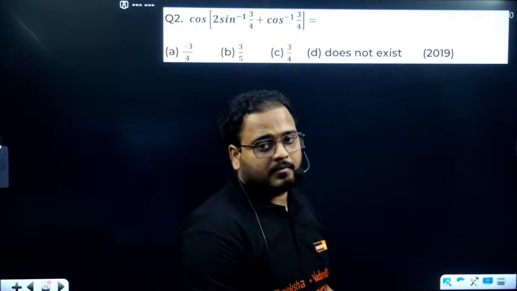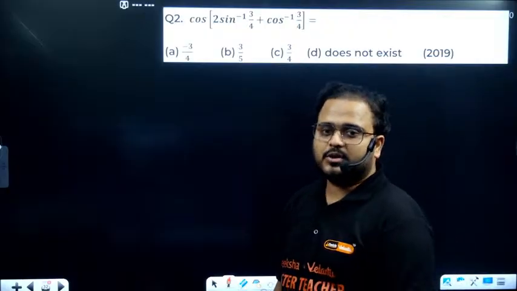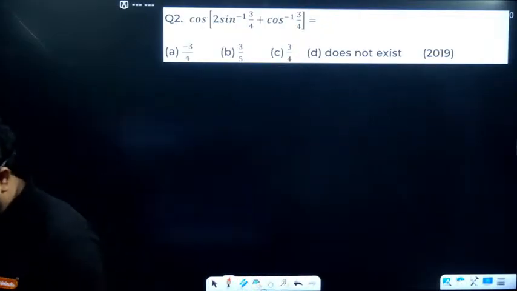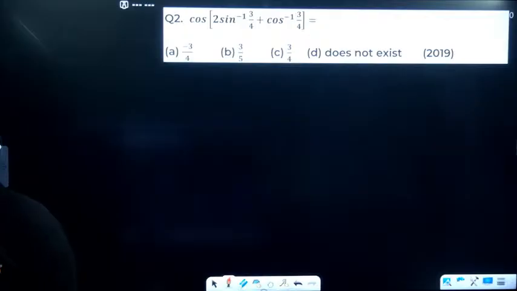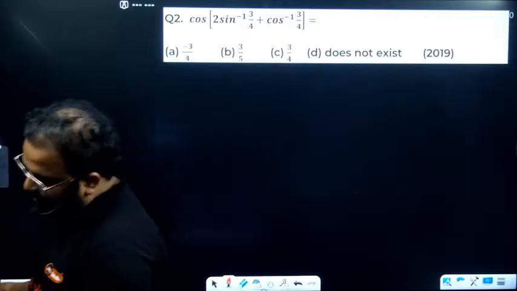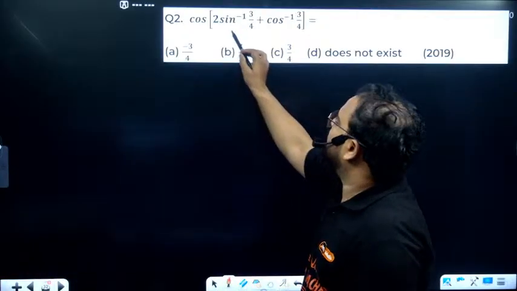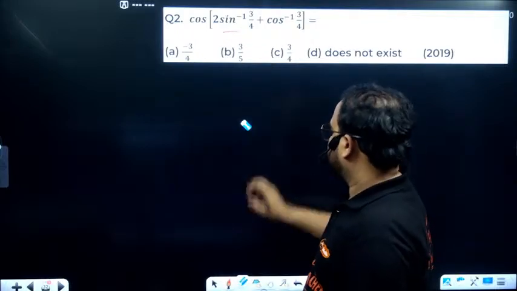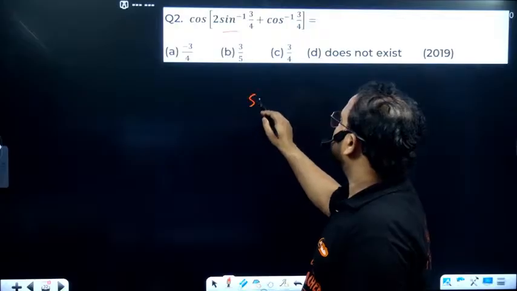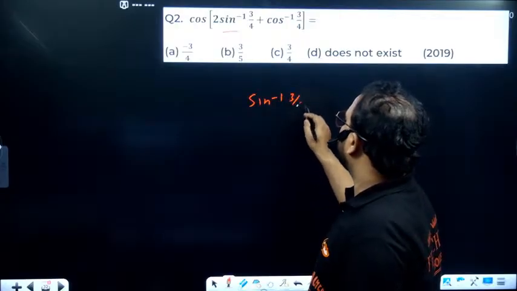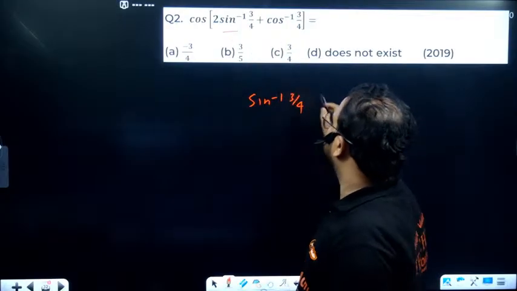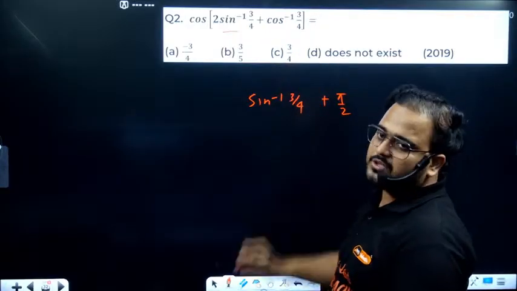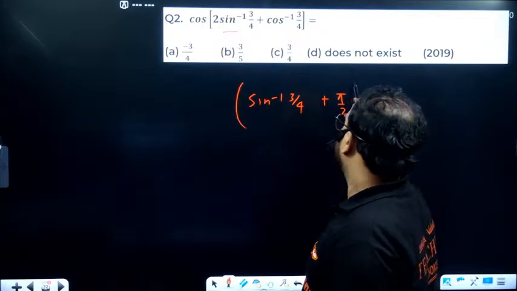This is the property based question. 2 sin inverse of 3 by 4 and cos inverse of 3 by 4. How do you solve it? So just break it out over here. You'll write this as sin inverse of 3 by 4, and this you're going to separate from here. This becomes pi by 2. What property is that? Sin inverse of x plus cos inverse of x is pi by 2, and outside we have